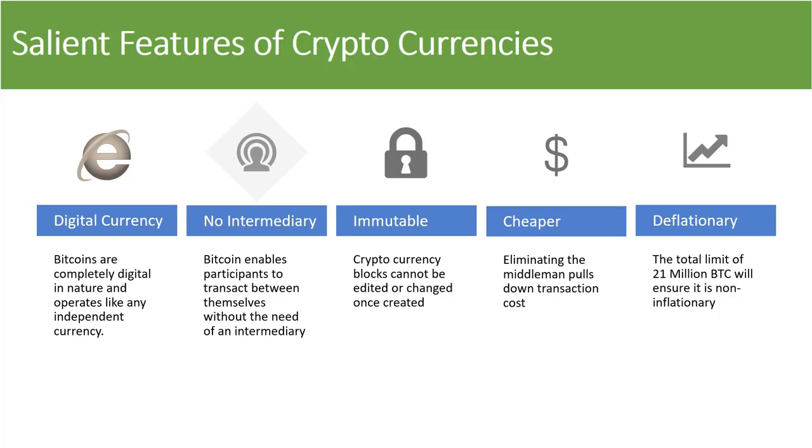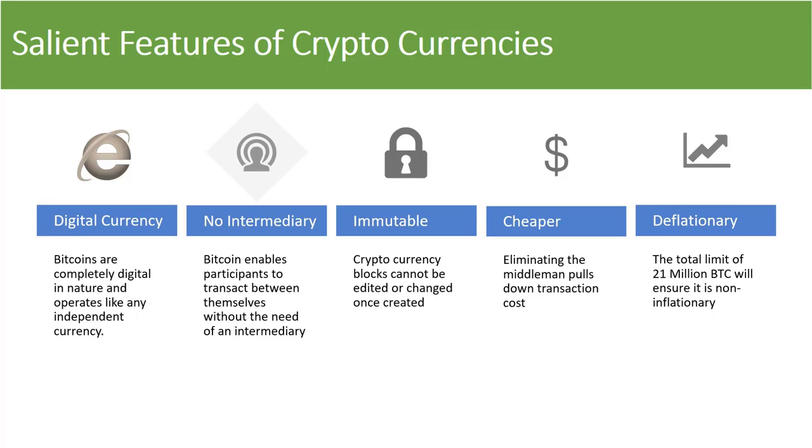The next point is deflationary. As I mentioned right in the beginning of the concept of Bitcoin, there's only going to be 21 million Bitcoins ever made. Why the number 21 million? Your guess is as good as mine right now. There are different theories around this, but there's no conclusive evidence, as Satoshi Nakamoto never really publicly revealed this logic, or no one really knows him till date. Him or her or it, whatever it is.